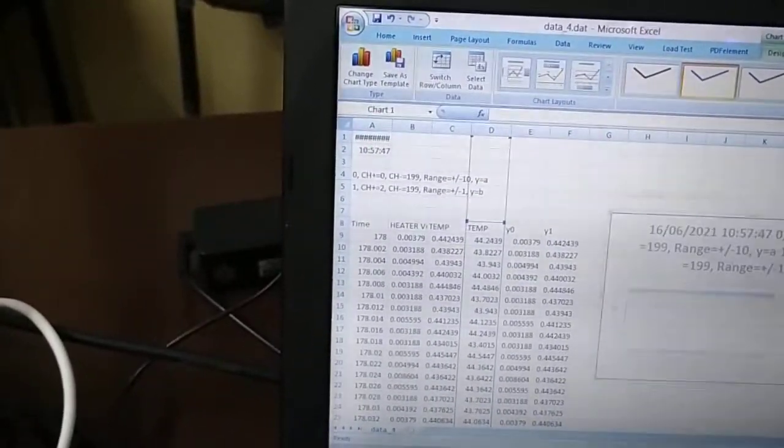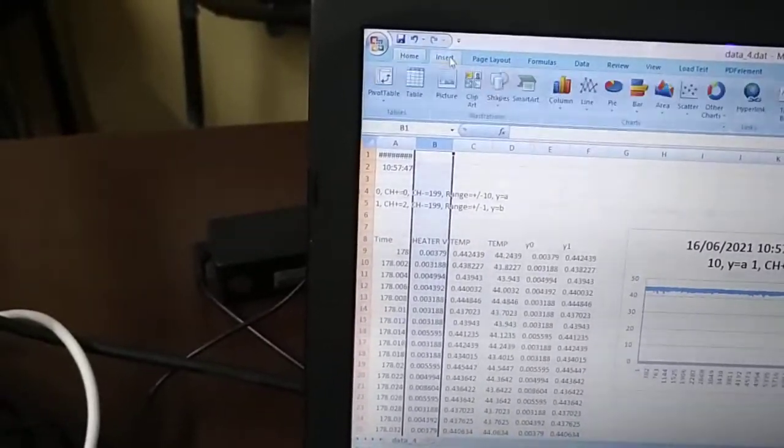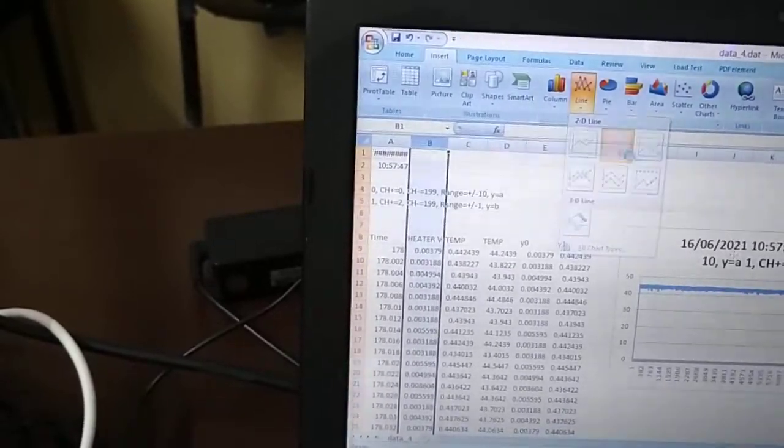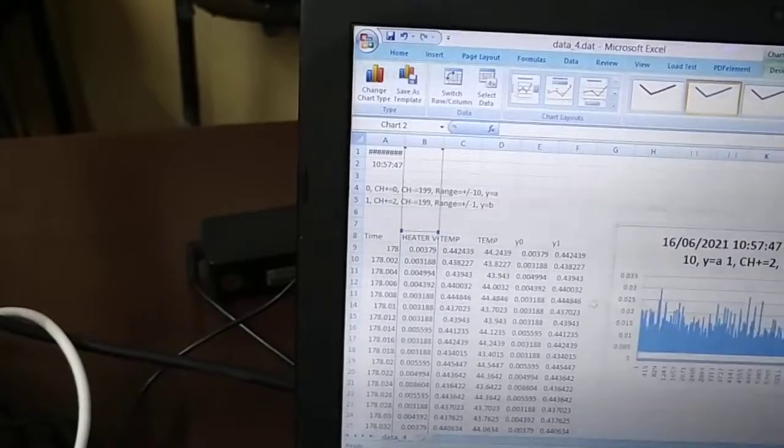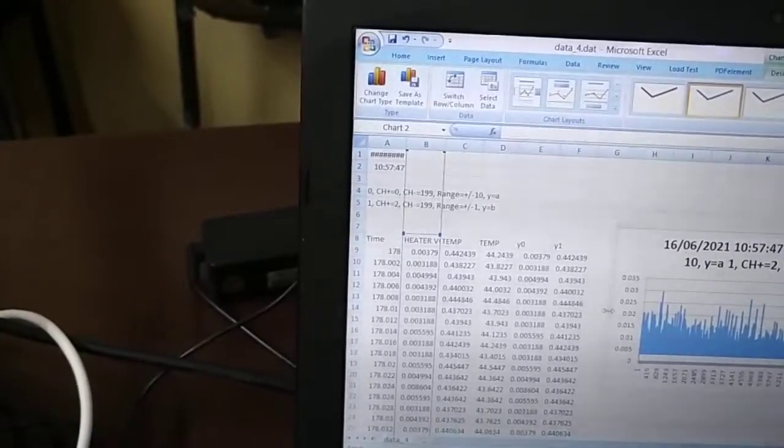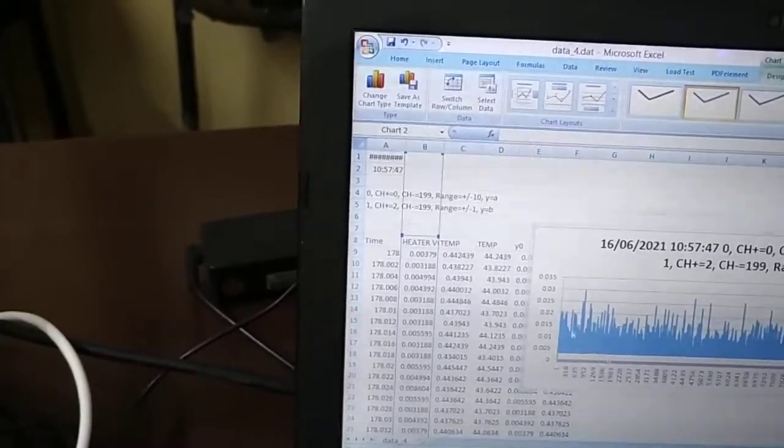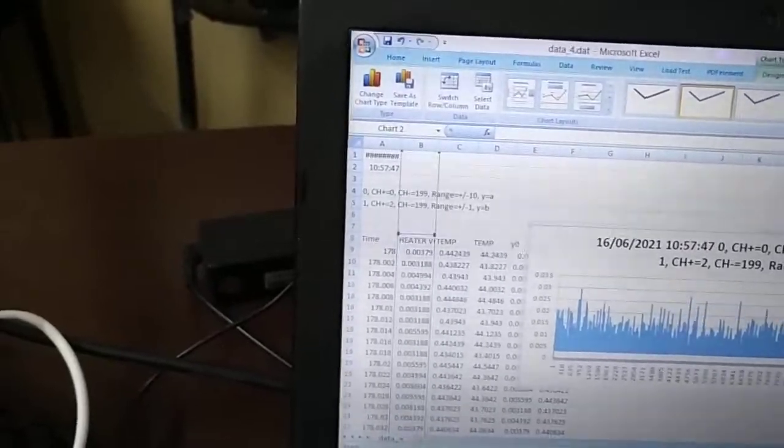Now this is my temperature graph, and this is my heater graph. My heater was turning on and off. This is my actual heater graph, and this is the temperature graph. You can also save this file for further use.